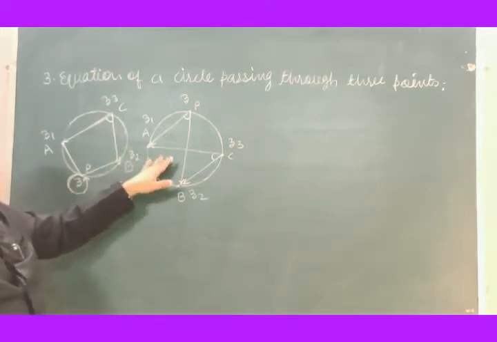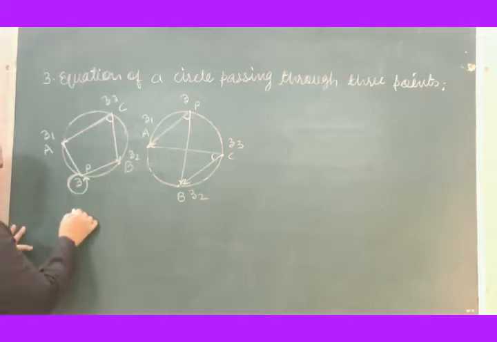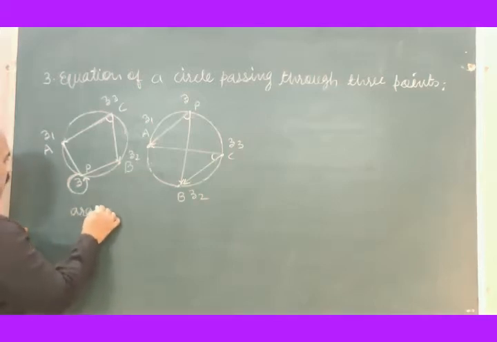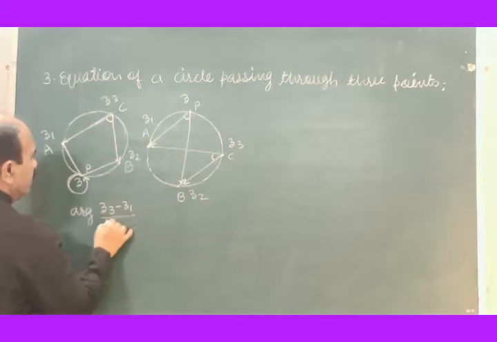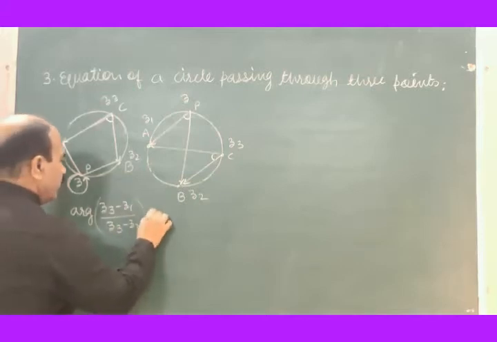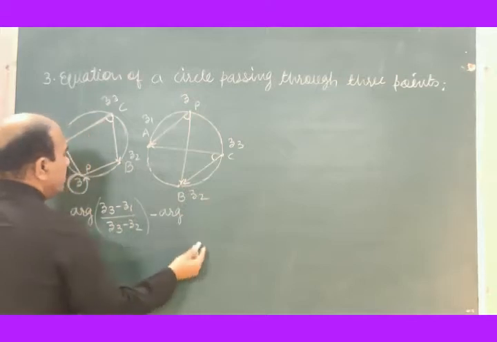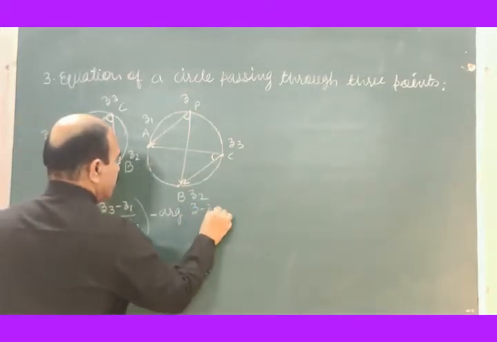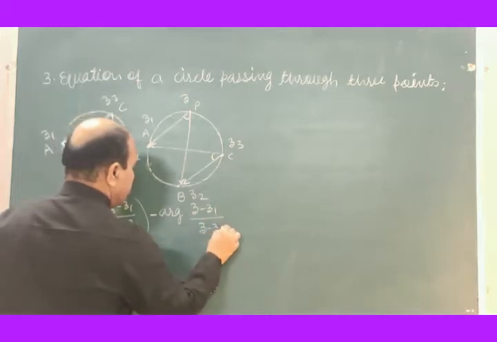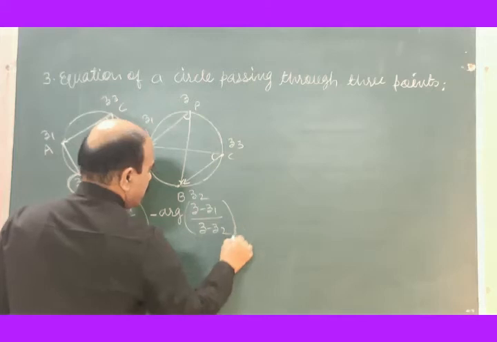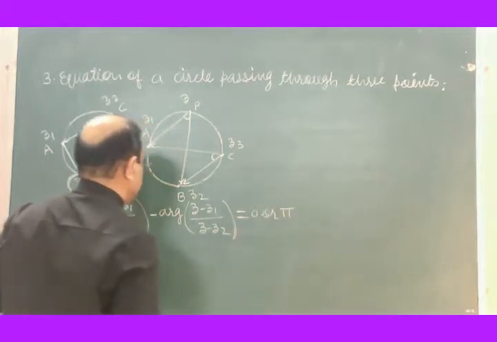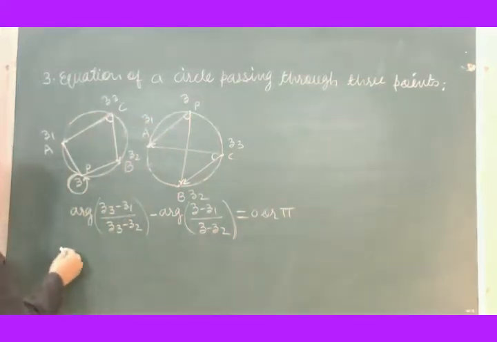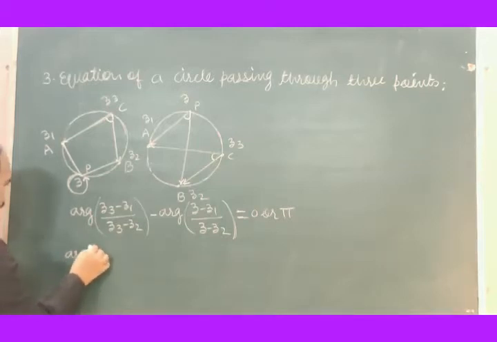Consider geometry of this figure, and argument of (Z3 minus Z1) divided by (Z3 minus Z2) minus argument of (Z minus Z1) divided by (Z minus Z2) is equal to 0 or pi, or this may further be written as argument of